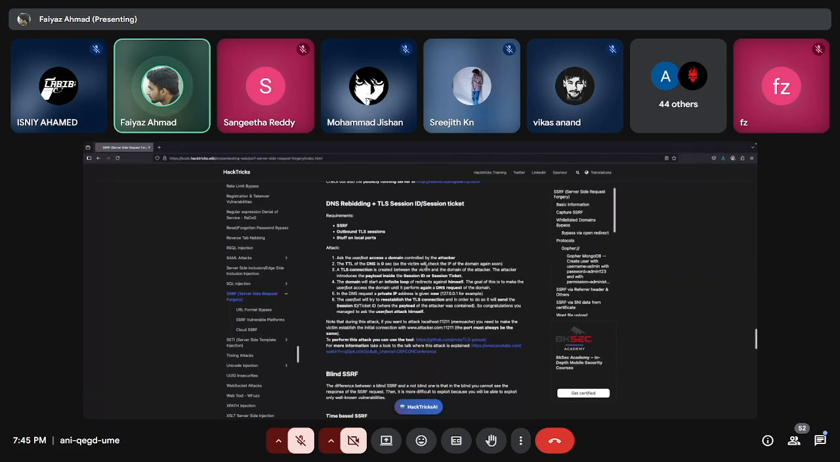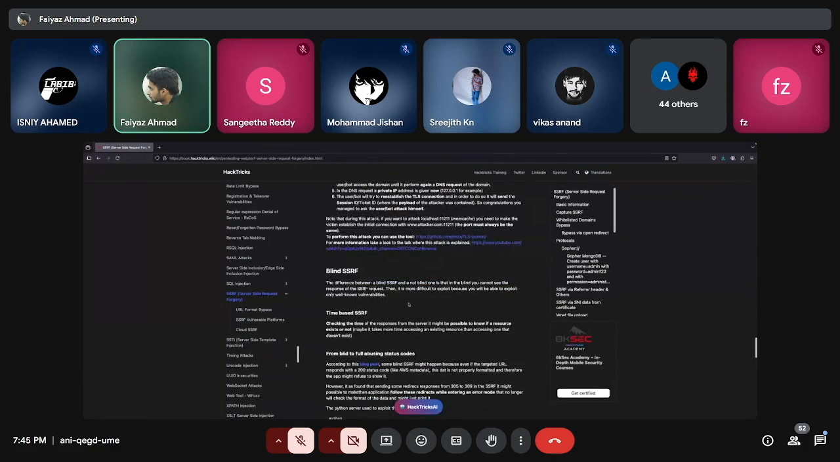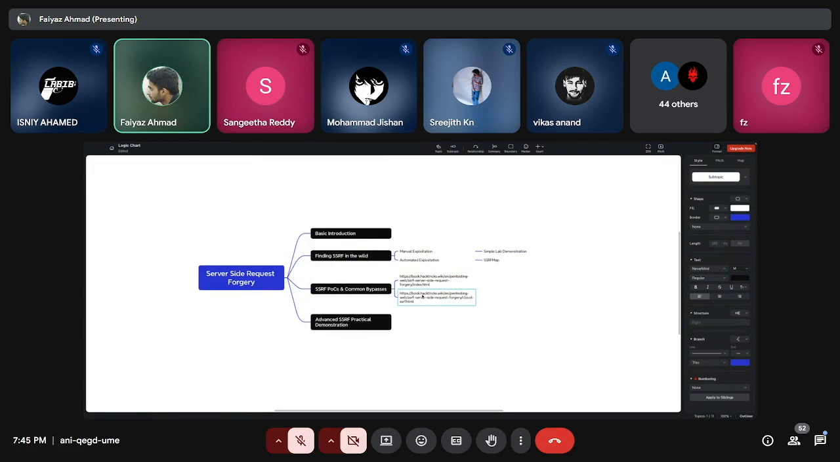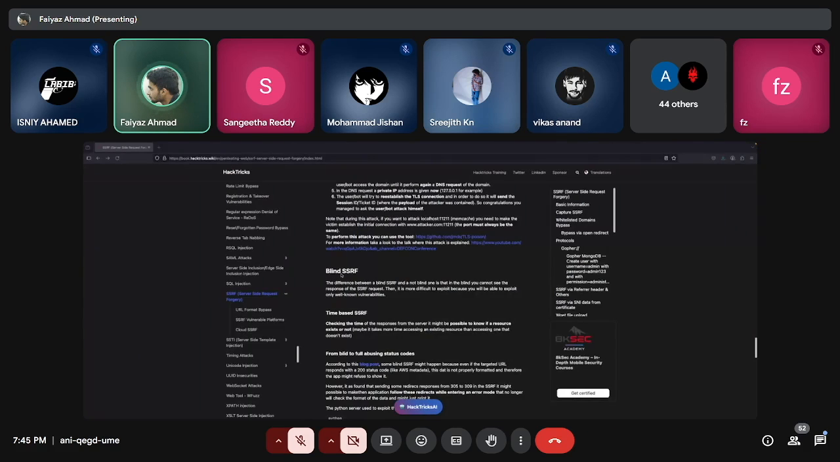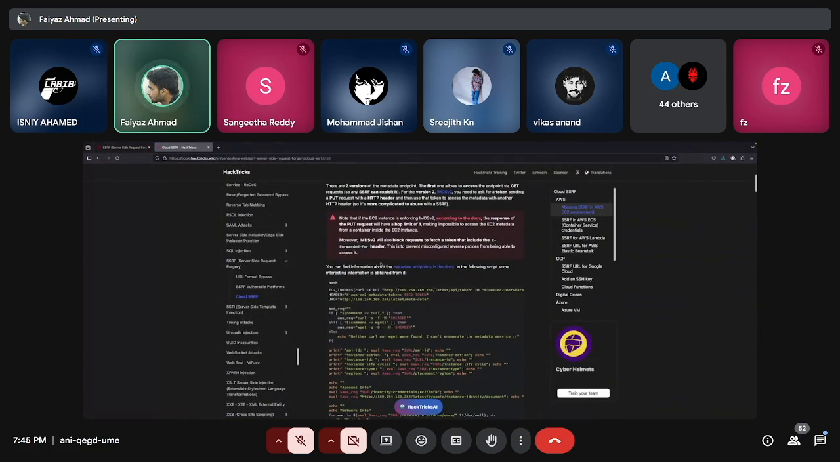So whenever you're going for SSRF, just try to check these resources, and this will help you to understand or maybe find some more interesting vulnerabilities. If your application is hosted on Google Cloud or AWS, you can check this resource. Over here you see, this is how I was able to get this IP address